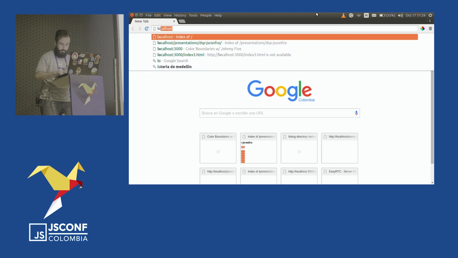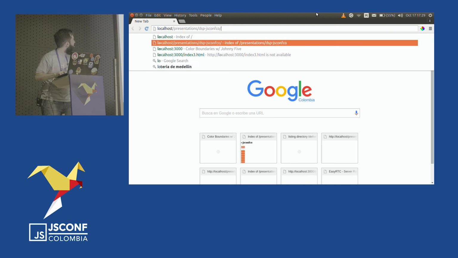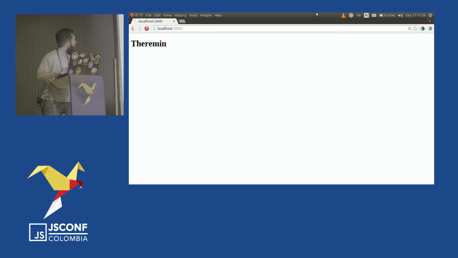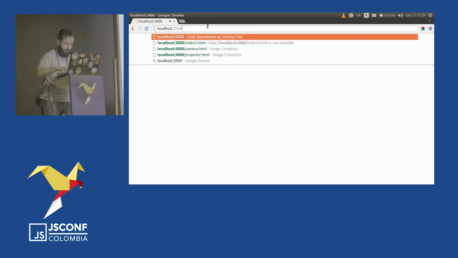There's a robot inside my keyboard now. So not actually this URL. Portuguese keyboards.